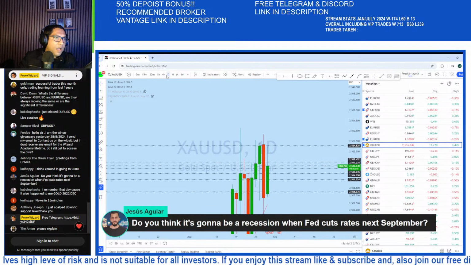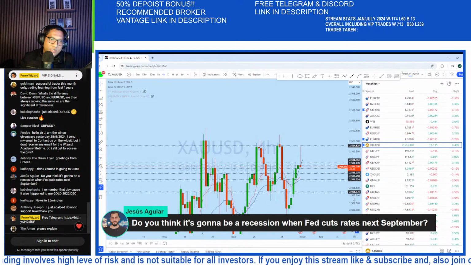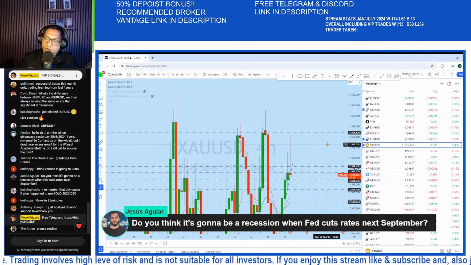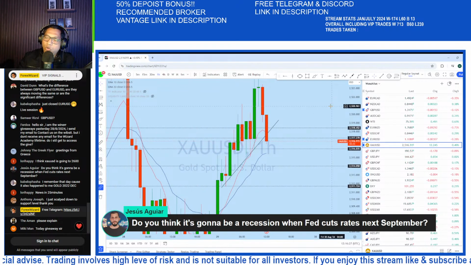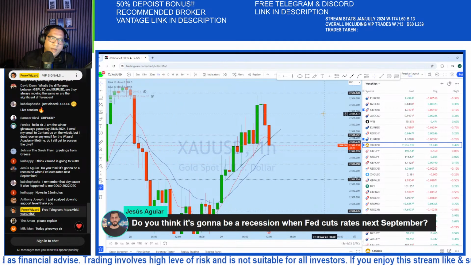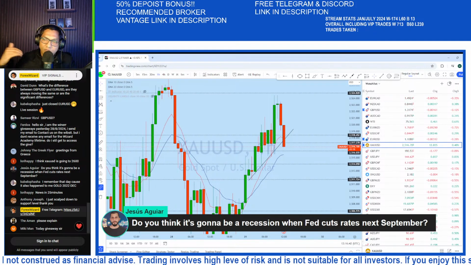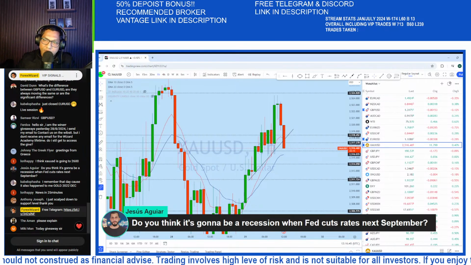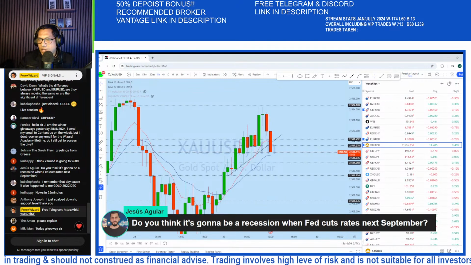I don't think that if Fed cuts rate, then there will be recession. But if there is a recession, then Fed might cut the rate. So it's the other way around. And it's so early to predict whether there will be a recession or not. But with the gold price, we might find some indication, because when there is a recession, gold will go like a skyrocket. It's going to push high and keep moving towards the upside, because when there is a recession, there is uncertainty, and the investors start to rely on gold rather than anything else.